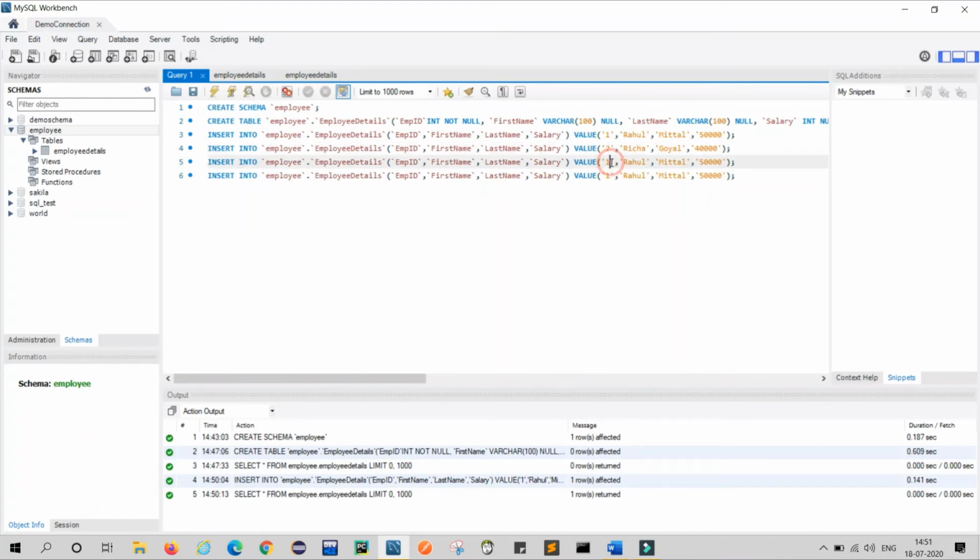In the third data I will provide Suraj Patil. In the fourth data I will provide this input data like Sneha Singh.